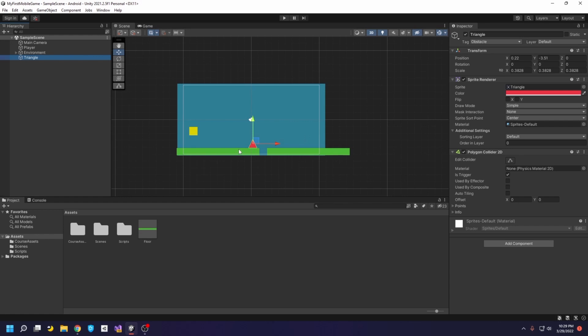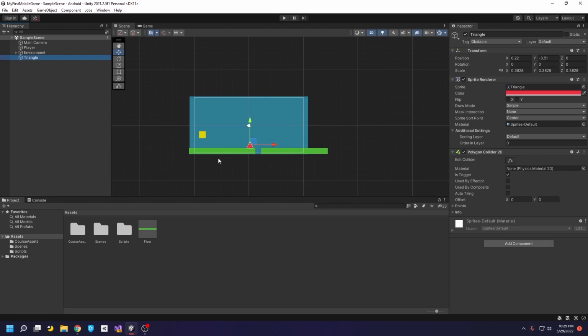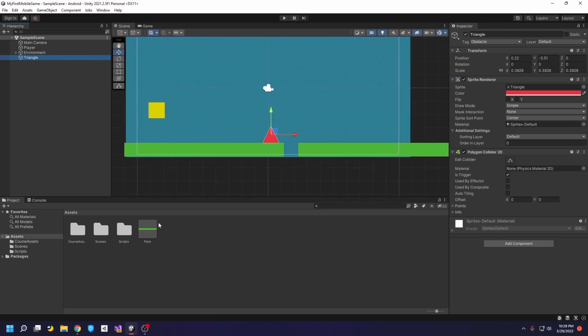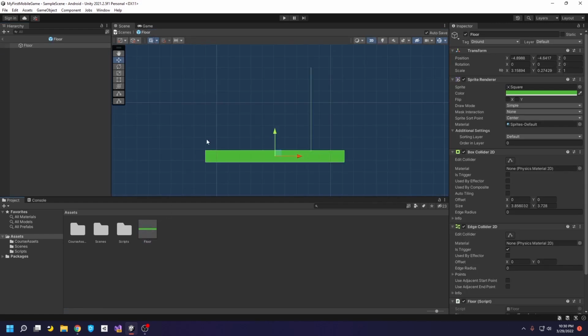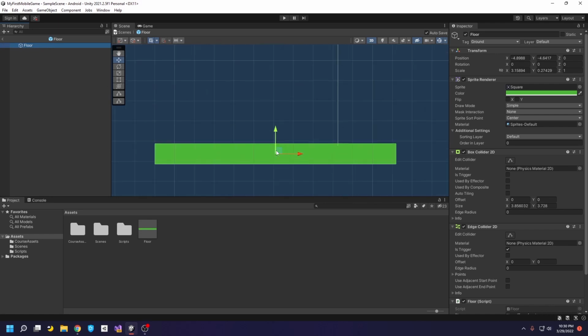And we're going to be able to restart the game while clearing everything. We're going to get started with the triangles first. If we double click our floor prefab, remember this is what we're spawning in. This is our stamp. And we go over here at the top. We can actually create child objects just like we did with the environment long ago. When we made that environment object and added a bunch of child objects to it, that's what we're going to